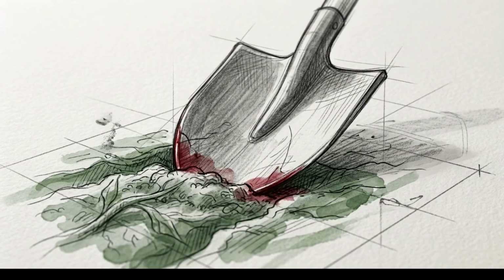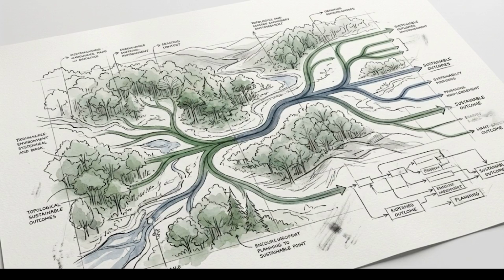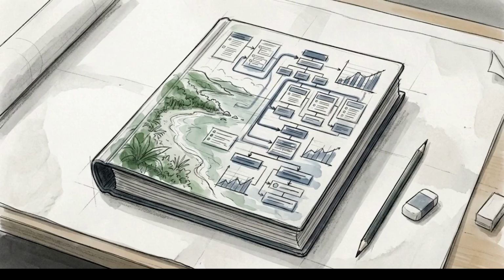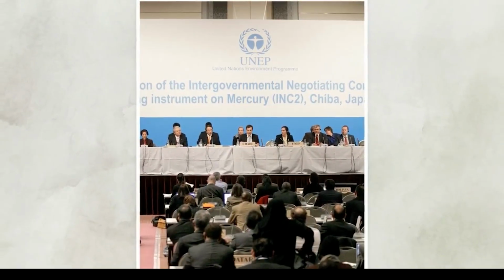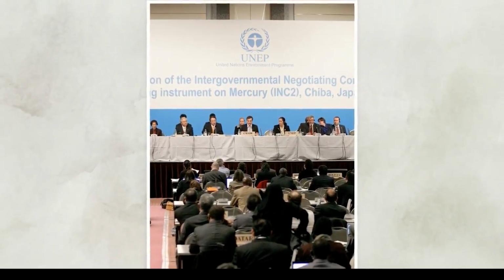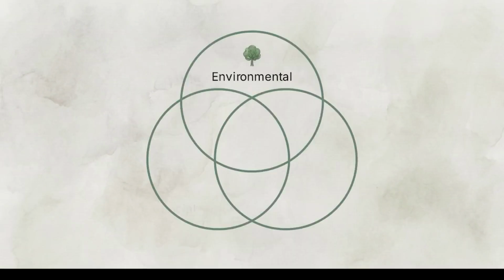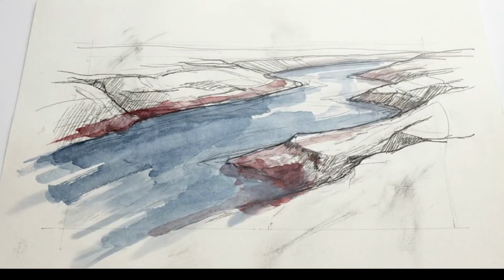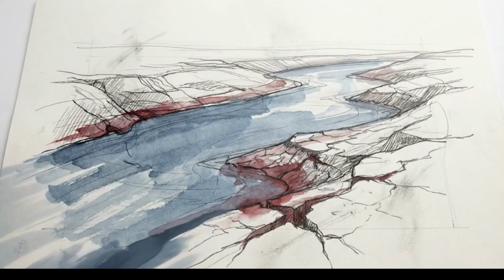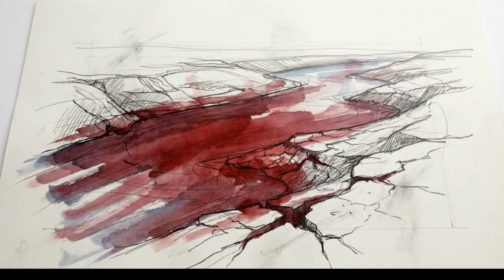To stop environmental destruction before the shovels hit the dirt, planners require a reliable way to predict the future. This is exactly where the Environmental Impact Assessment, or EIA, steps in. The United Nations Environment Program defines the EIA as a specific tool used to identify the environmental, social, and economic impacts of a project well before any final decisions are made. It operates as a mandatory simulation, letting developers run the tape forward to see the specific damage they might cause.